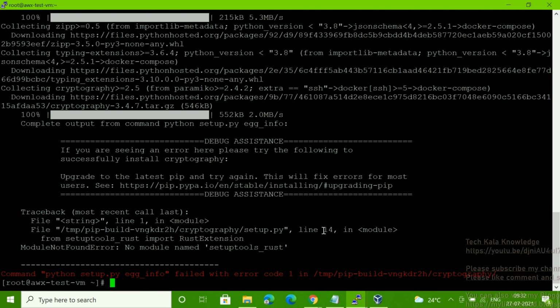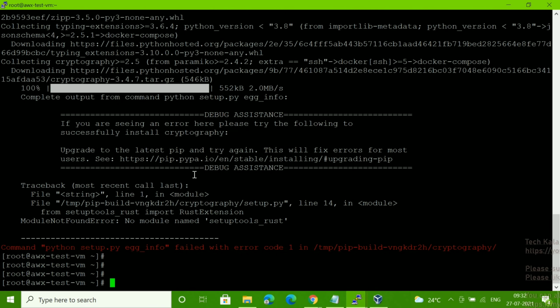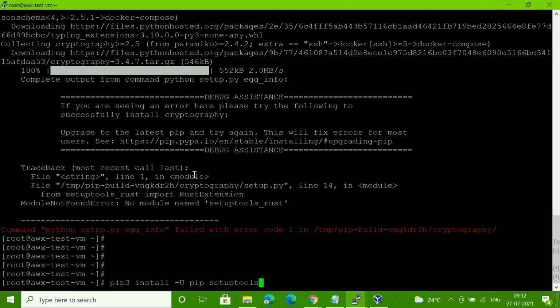So what we will do is run this command to update pip and update the setup tools. We will run pip install -U pip setuptools. You can run this command.